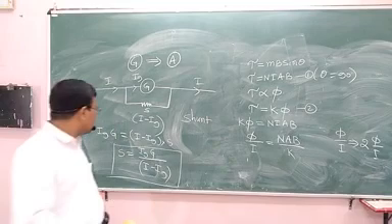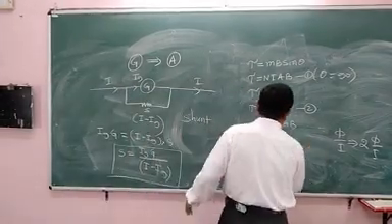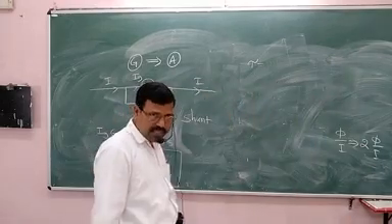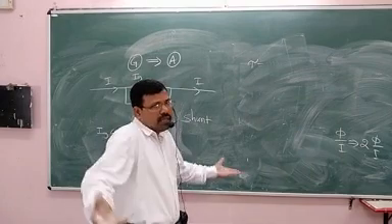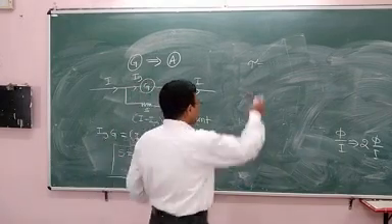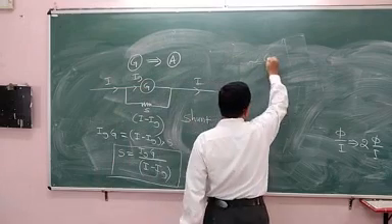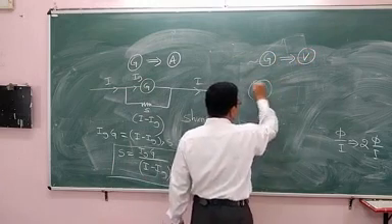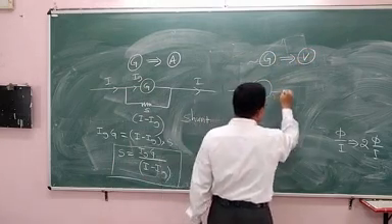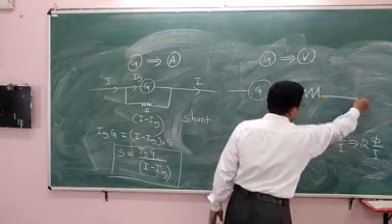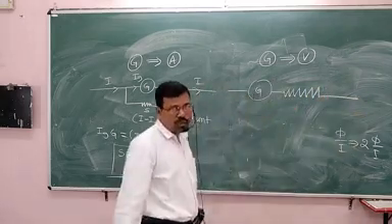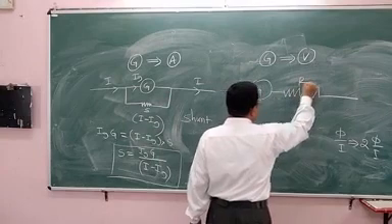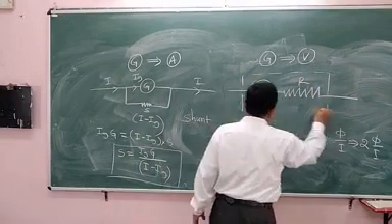Then how do you convert the galvanometer into a voltmeter? That's very simple. If you connect one large resistance in series with the galvanometer, then the galvanometer becomes a voltmeter. See the circuit here. The topic is galvanometer to voltmeter. We have a galvanometer whose resistance is G, and we have a very large resistance in the range of 8000 ohm, 9000 ohm, 10,000 ohm, 5000 ohm, 6000 ohm. And this system is known as a voltmeter.